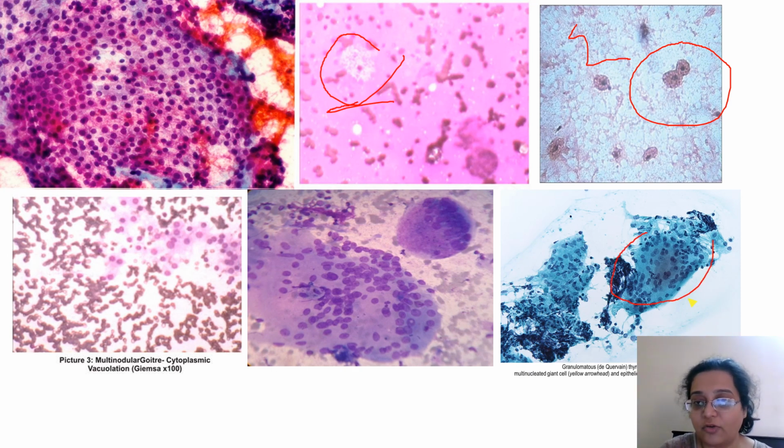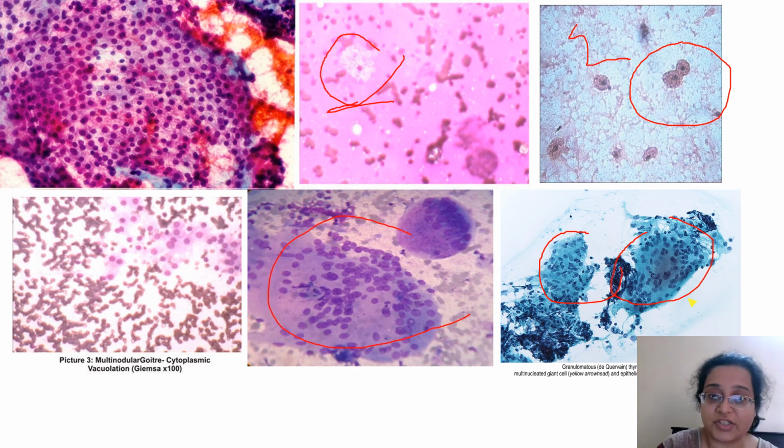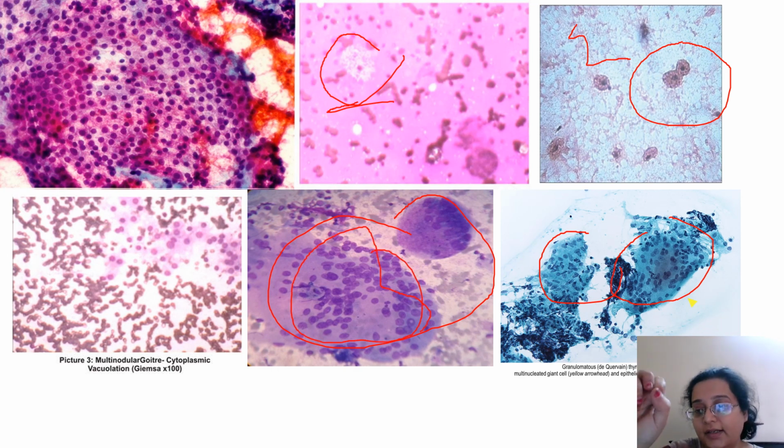Here you can see granulomas are forming. So this is a granulomatous thyroiditis. Here you see giant cell reaction. Now this giant cell you might confuse with nodular goiter, where the follicular epithelial cells also make a similar structure, but they are tight balls. They're very tight and circular balls. So basically, this could be a thyroid ball, and this is a giant cell, or this could also be a giant cell, but all this is benign. And then of course in MNG you see these vacuolations in the cytoplasm.